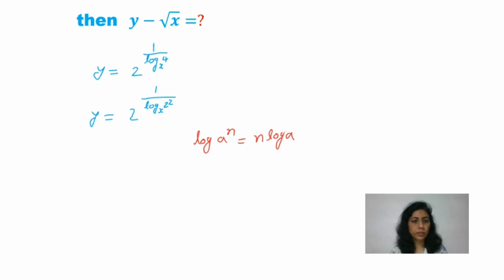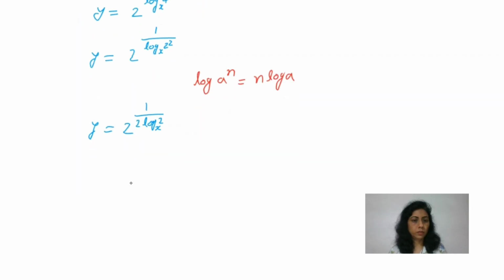So y is equal to 2 to the power 1 upon 2 log 2 base x. So this whole thing we can write as 1 upon 2 multiplied by 1 upon